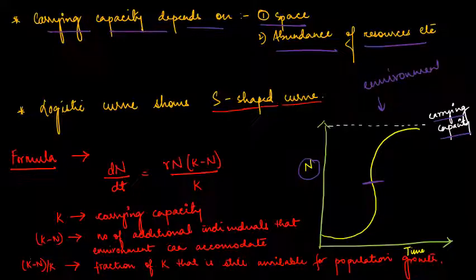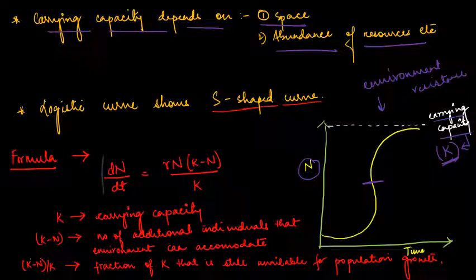Now, what is environment resistance? These are environmental disasters that also happen sometimes, like flood, drought. That also leads to a decrease in population, right? So this is what we call the logistic growth curve, where the rate of population growth slows down before reaching its carrying capacity. You can see this logistic curve, we call it the S-shaped curve, and this carrying capacity is represented by K.